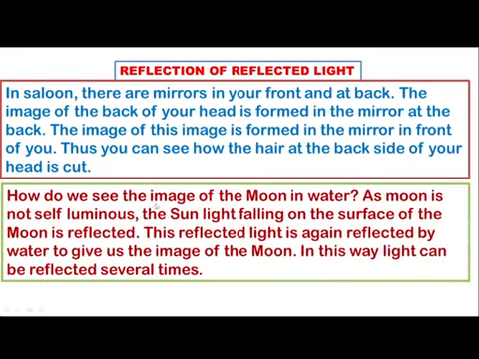How do we see the image of the moon in the water? As the moon is not self-luminous, the sunlight falling on the surface of the moon is reflected. This reflected light is again reflected by water to give us the image of the moon. In this way, light can be reflected several